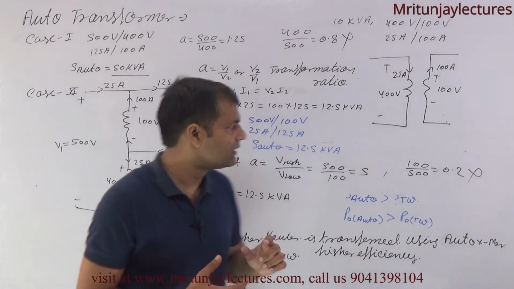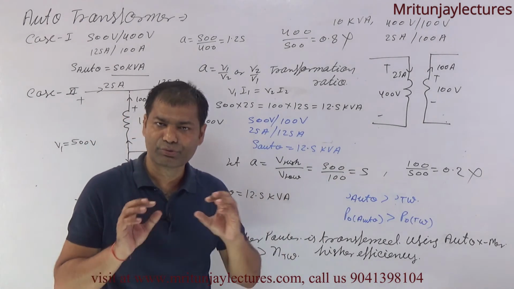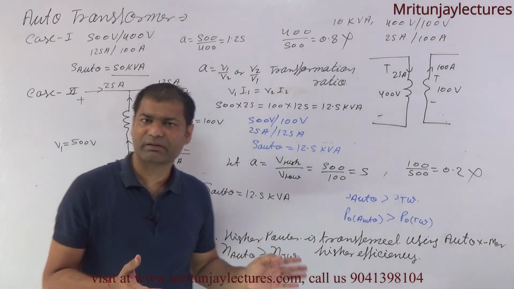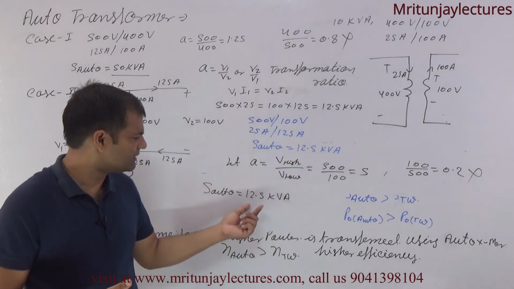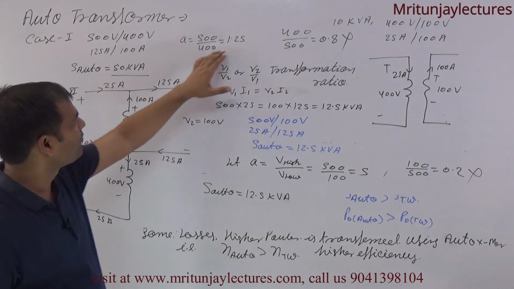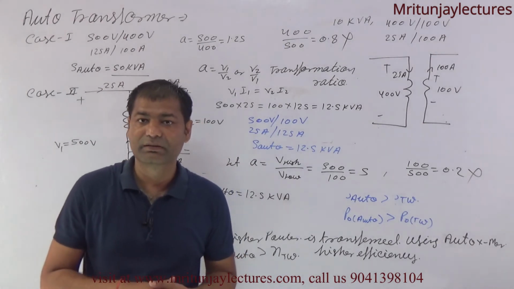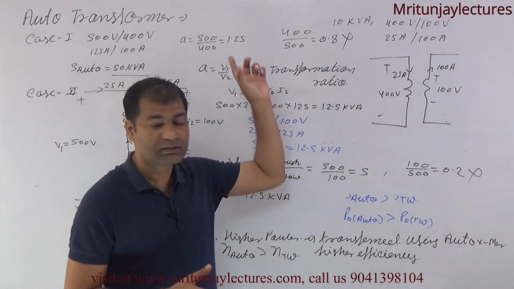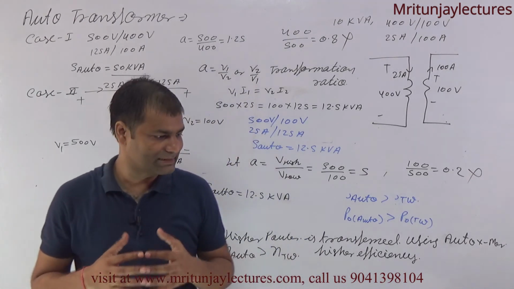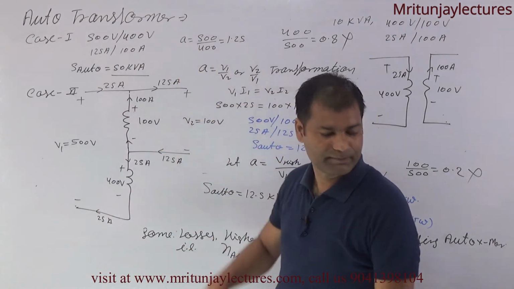So if the higher voltage divided by lower voltage is higher, it means no more advantage. Like this one, a two winding transformer of 10 kVA, and if we create an auto transformer, that is 12.5 kVA, not much advantage. But if A is 1.25, what about the kVA rating? That is 50 kVA, 5 times greater. It means it is more advantageous. So as an engineer, which one do you prefer? This ratio, always.